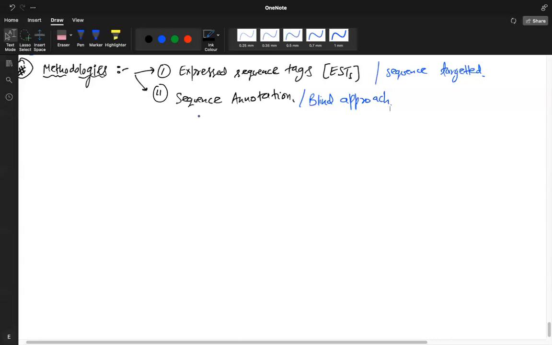First few steps are simple and are common to both the methodologies. The first step is that you have to isolate the total DNA, extract the total DNA from a cell, right? So you take human samples, their cheek cells, their hair follicle cells, or their blood cells. You can take any sample that has live cells and contains DNA, and then you extract DNA from these cells. And DNA extraction you already have done also, right? As a part of your experiments in biology from, I think, banana or some fruit, correct? You have isolated DNA